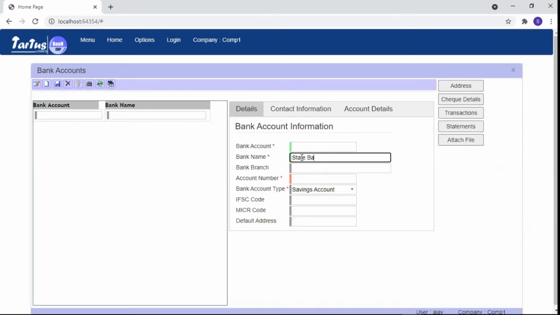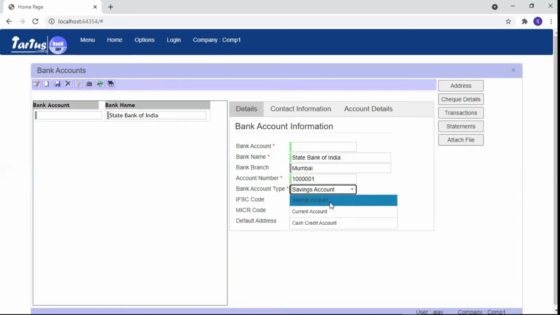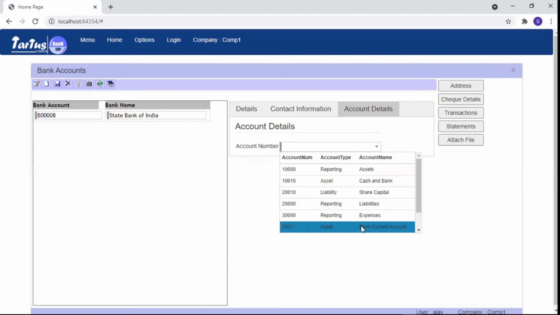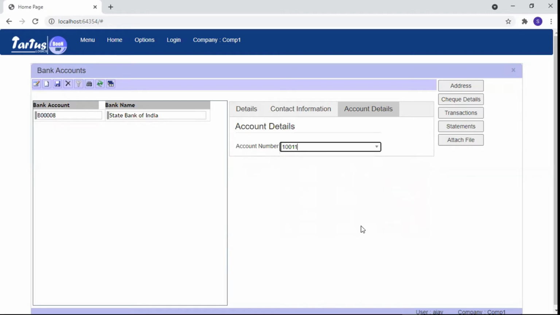Enter the bank name, branch, account number, type of account, IFSC code, MICR code, etc. In the account details tab, select the bank ledger that is to be attached to the bank. Now we will save and close the form.